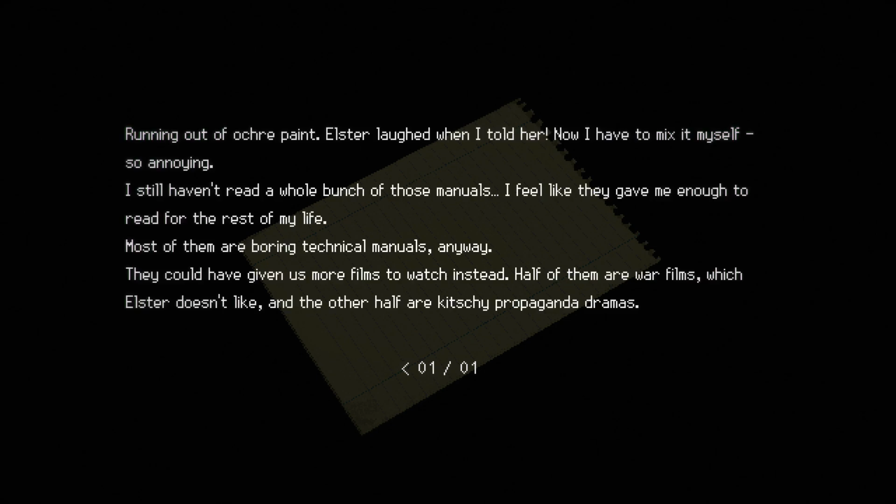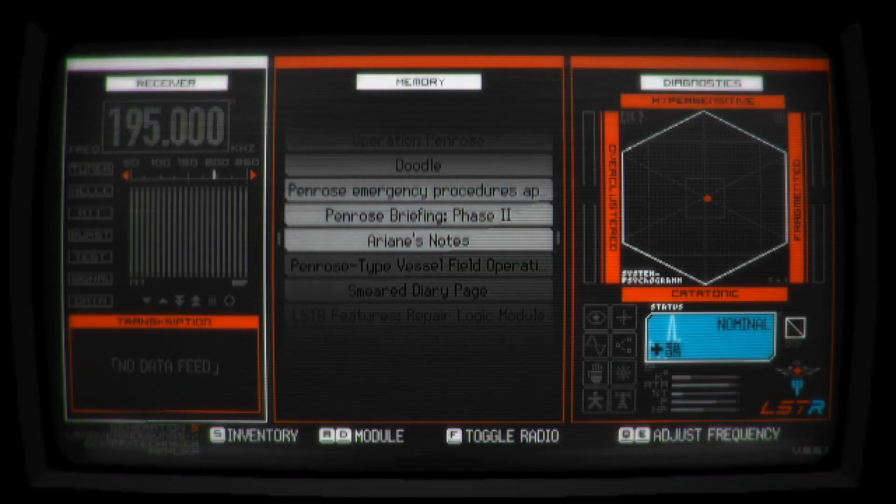Elster laughed when I told her. Now I have to mix it myself. So annoying. I still haven't read a whole bunch of those manuals. I feel like they gave me enough to read for the rest of my life. Most of them are boring technical manuals anyway. They could have given us more films to watch instead. Half of them are war films, which Elster doesn't like, and the other half are kitschy propaganda dramas. You know what? Do I have...